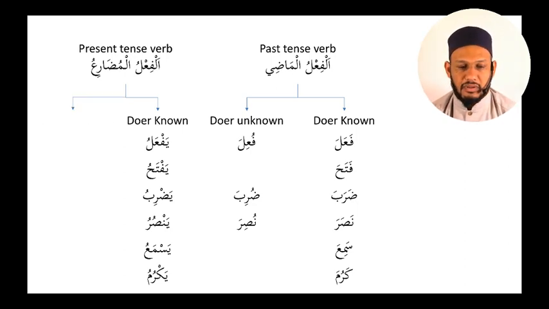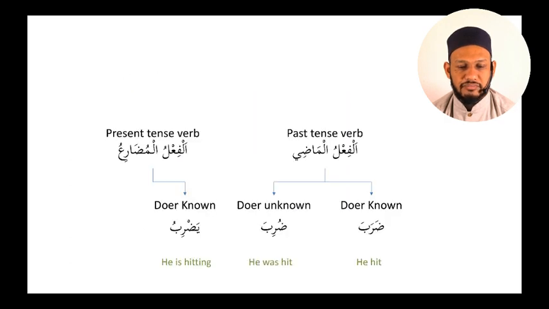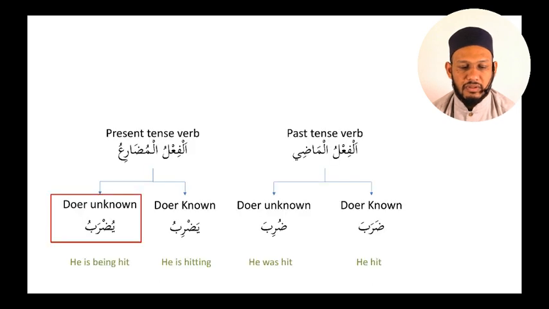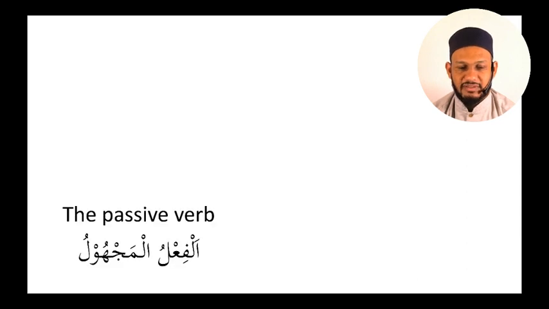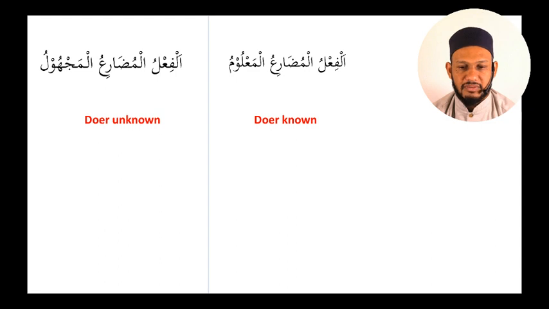Okay. You had some homework, but we will put up the answer sheet for the homework, inshallah. I want us to focus now on a new scale. So we've done the three so far. Daraba, duriba, yadribu. I would like us to do the fi'al mudari where the doer is not known. Okay, so you can prepare yourself a new scale. Open a blank sheet in your mind. And we're going to turn to a new page. New scale. Inshallah. It's going to be the passive verb scale.